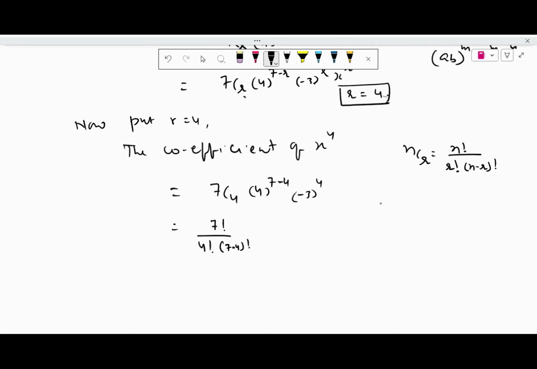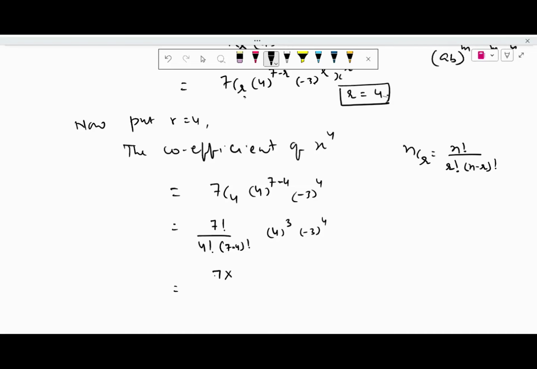Yes, that's what we did over here. So 7C4 is 7 factorial divided by 4 factorial and (7 minus 4) factorial. 4 to the power 7 minus 4 is 3, and minus 3 to the power 4. So this will be